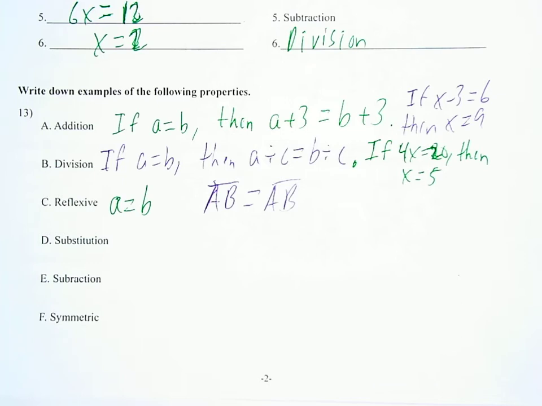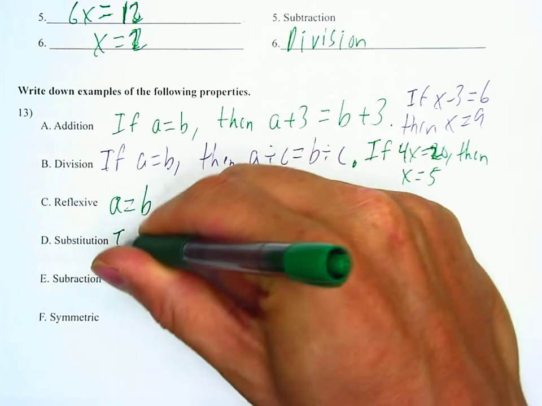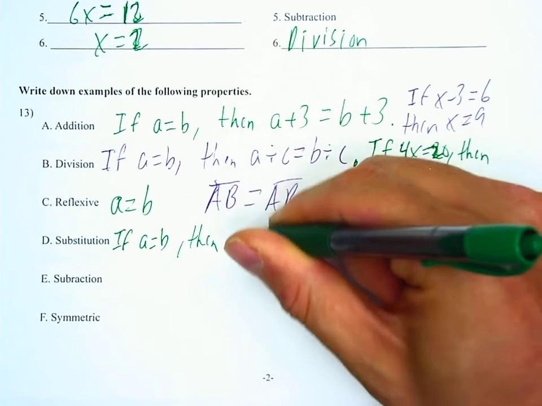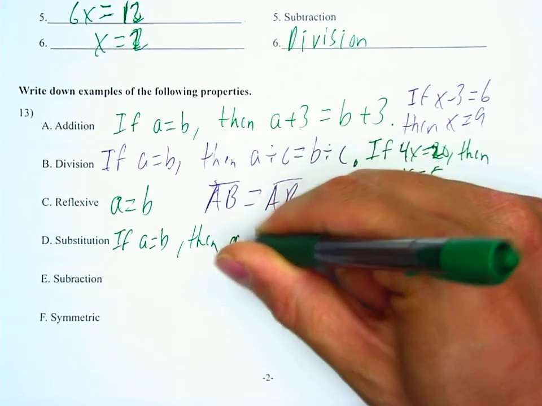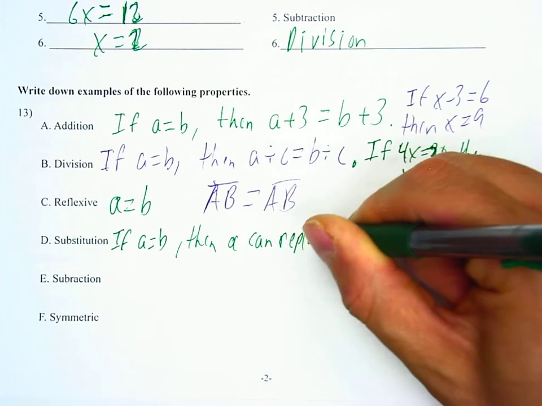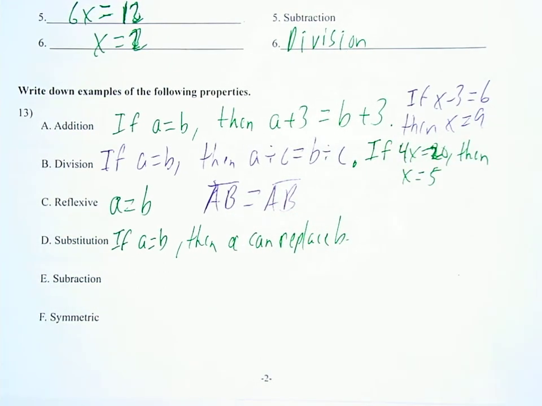Next one here, substitution property of equality. This one says if A is equal to B, then A can be substituted for B. If A equals B, then A can substitute for or replace B in an expression. So how do I test this one? All right then, well, for the substitution property of equality, I would say